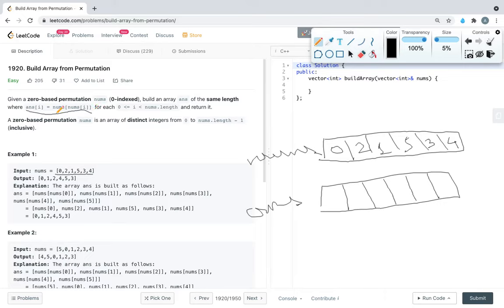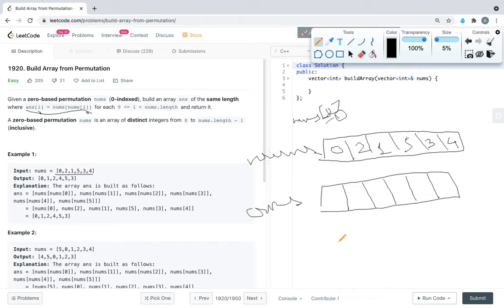This logic says answer[0] is nums[nums[0]]. So nums[0] is 0, and this 0 we have to use as an index again.